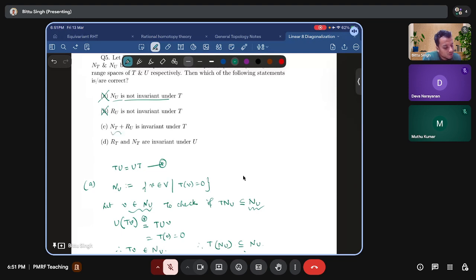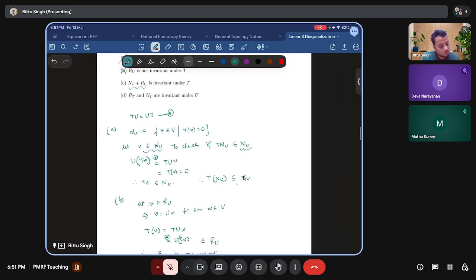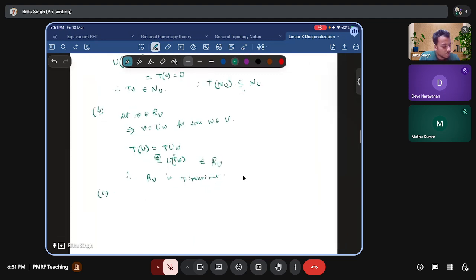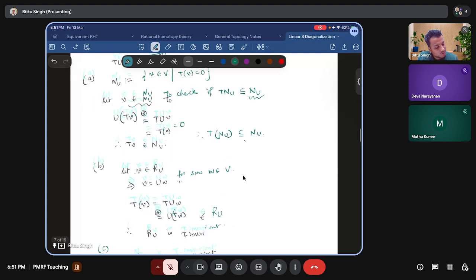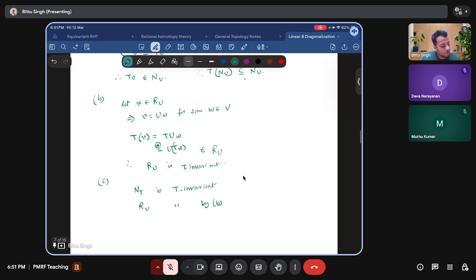Now what about NT plus RU? Is it T invariant? For C, we have already seen that the null space of T is T invariant. And RU is T invariant, as proved in B. In this case, RU is also T invariant. Therefore, their sum